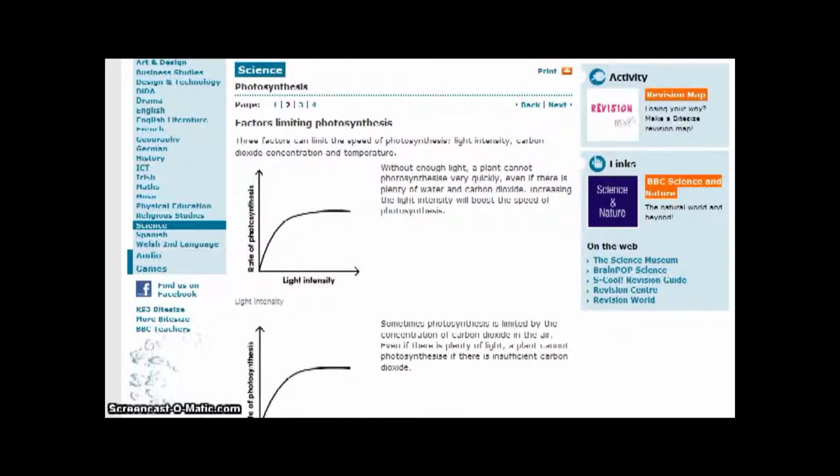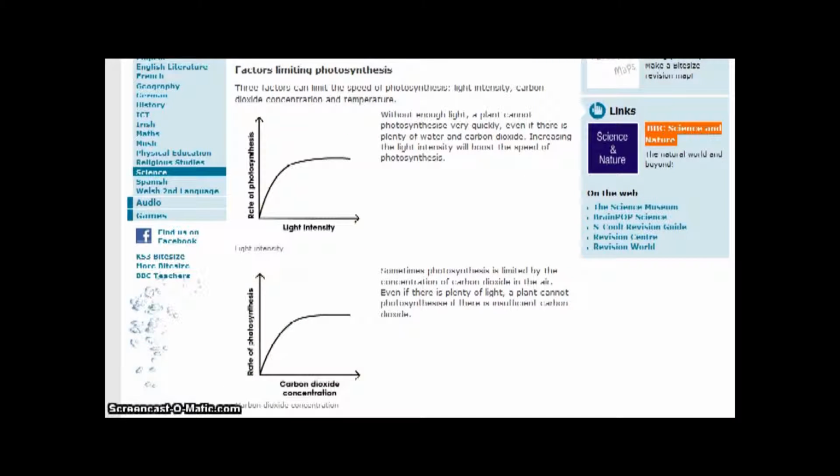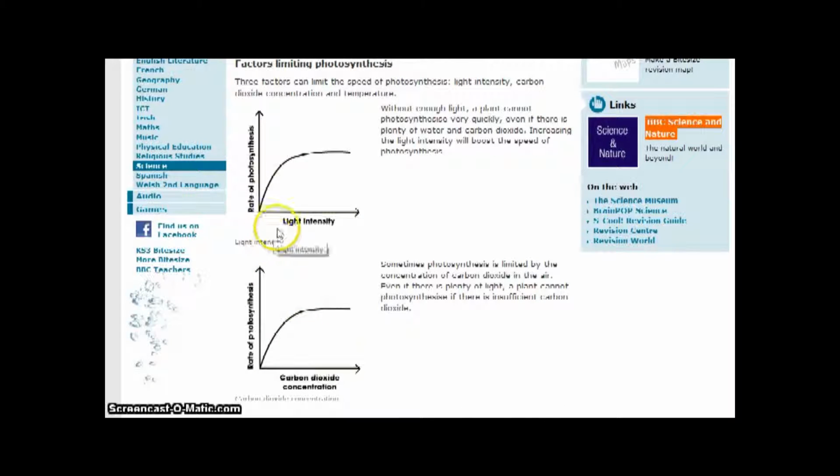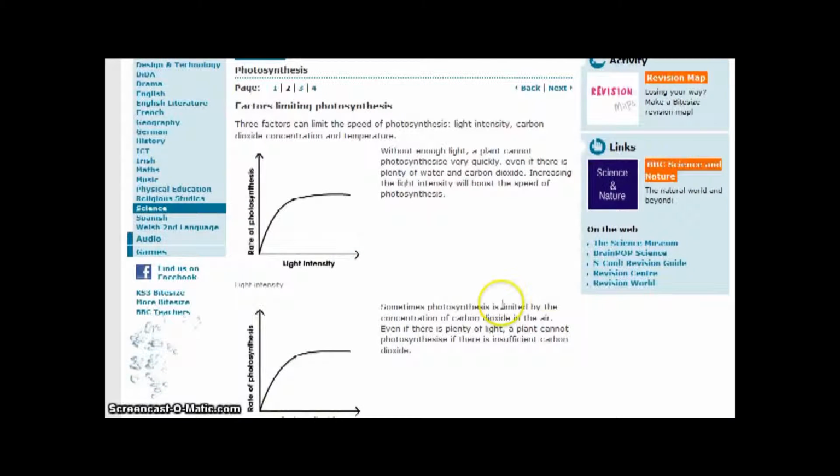Then we move on to limiting factors. So, factors limiting photosynthesis. You have to think at first what affects photosynthesis: carbon dioxide concentration, light intensity and temperature. So after a while, if light intensity is increasing, the rate of photosynthesis will increase, but it gets to a certain point where the line on the graph plateaus, and you're going to need a higher amount of carbon dioxide and a higher temperature for the light intensity to be effective in relation to the rate of photosynthesis